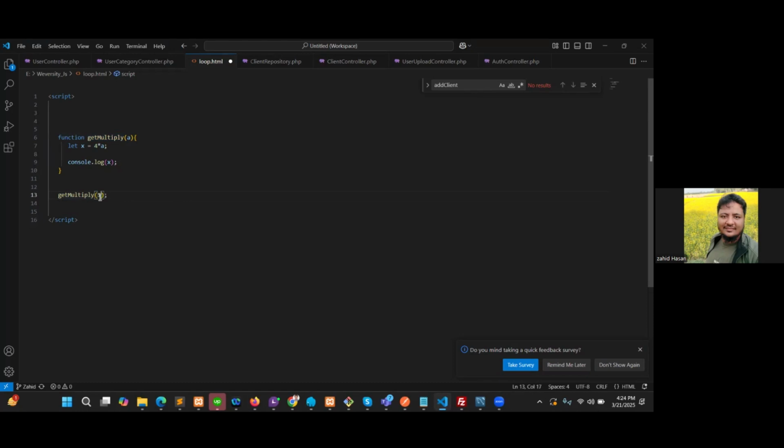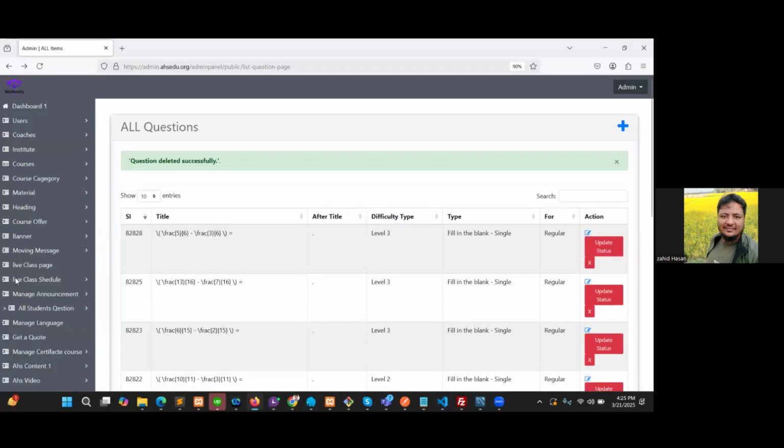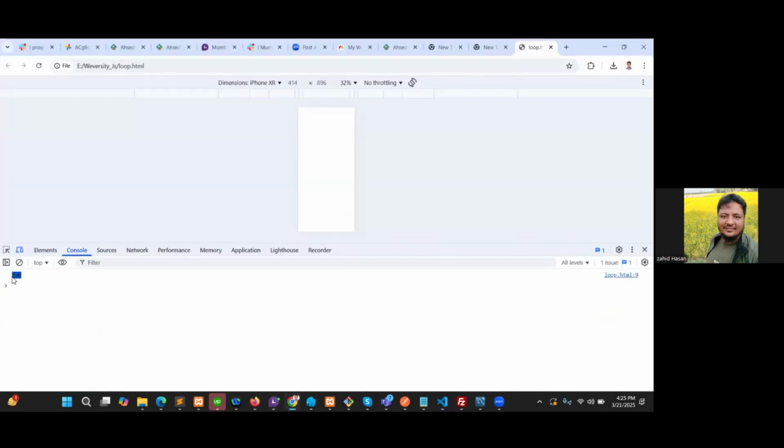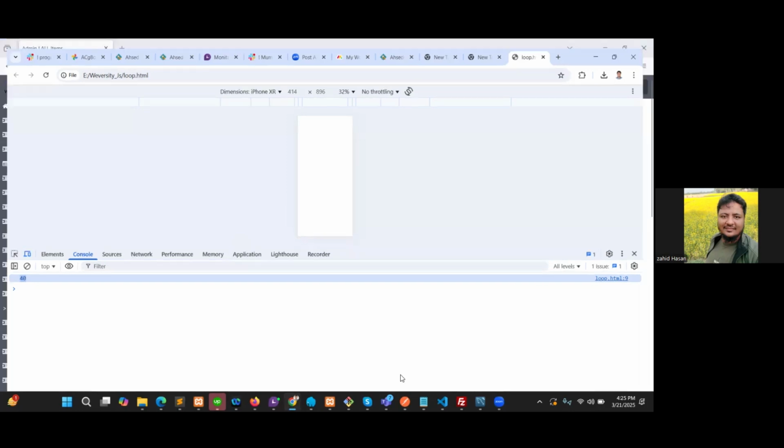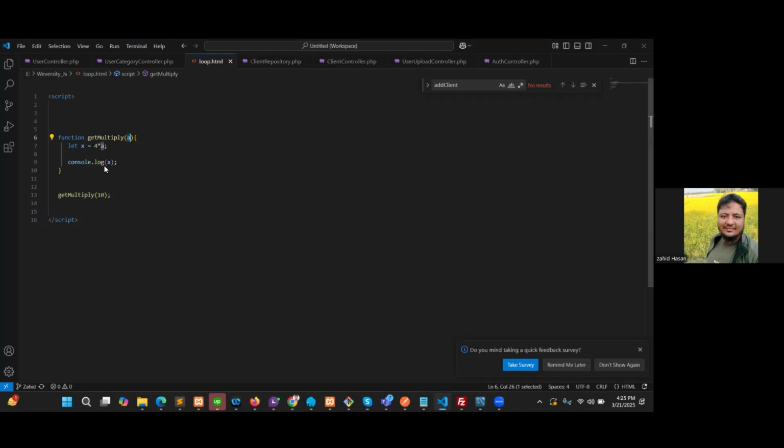So if we add 10 in here, this 10 will now be assigned to a automatically. So now if I run the file, we will see 40. So this is the magic of the function. Now we can use any parameter, any value, and that will be assigned to a automatically. Now if we use 50,